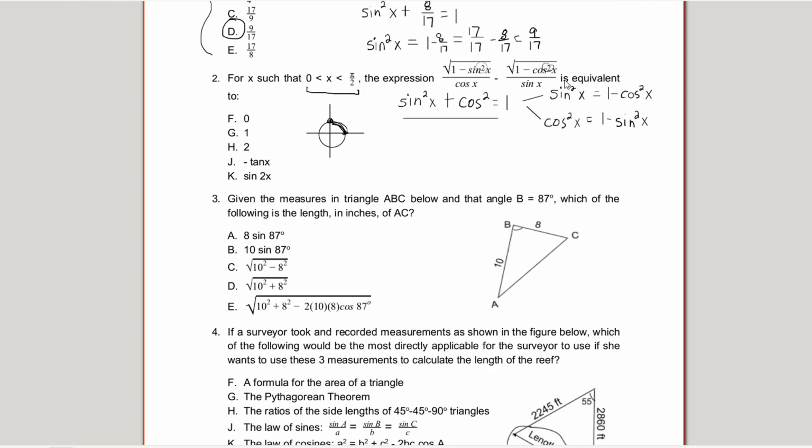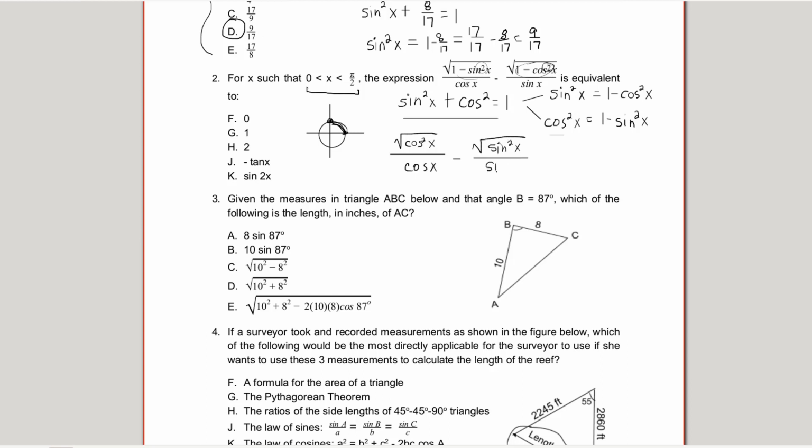Now, these should look familiar. The right-hand sides over here should look familiar to what we have underneath our radicals. So let's do some substitution. We have 1 minus sine squared x. Well, that is equal to cosine squared x. So we have the square root of cosine squared x over cosine x minus the square root of, we have 1 minus cosine squared x. That is equal to sine squared x